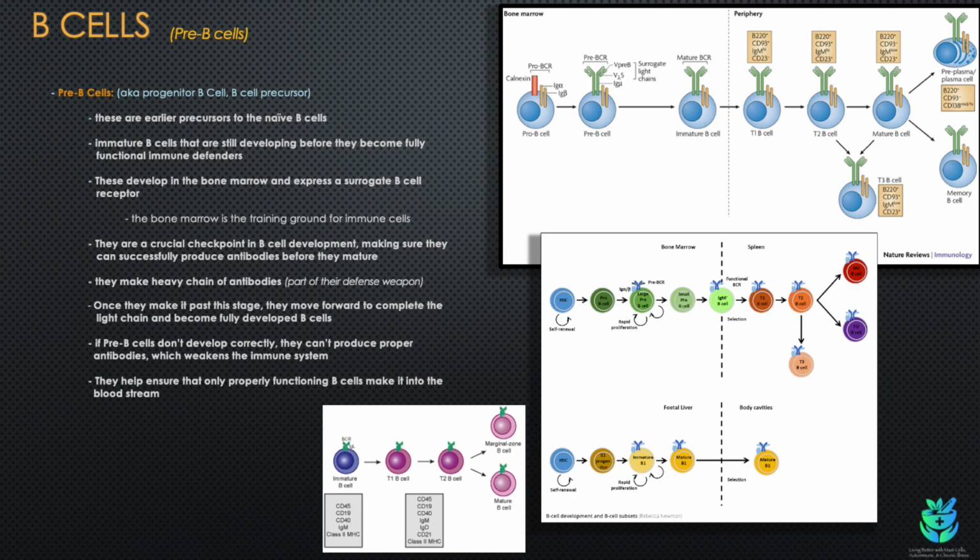Okay, so pre-B cells, aka progenitor B cell or B cell precursor. These are early precursors to the naive B cell. Immature B cells that are still developing before they become fully functional immune defenders. These develop in the bone marrow and express a surrogate B cell receptor. The bone marrow is the training ground for immune cells. They are a crucial checkpoint in B cell development, making sure that they can successfully produce antibodies before they mature. They make the heavy chain of antibodies,